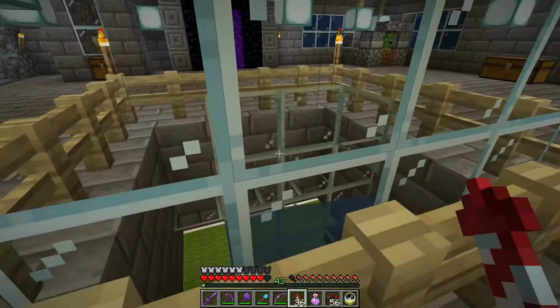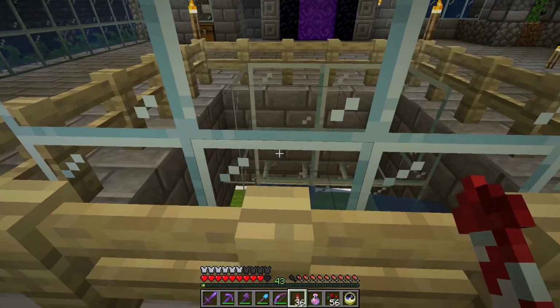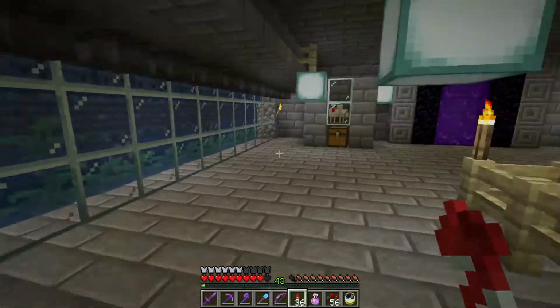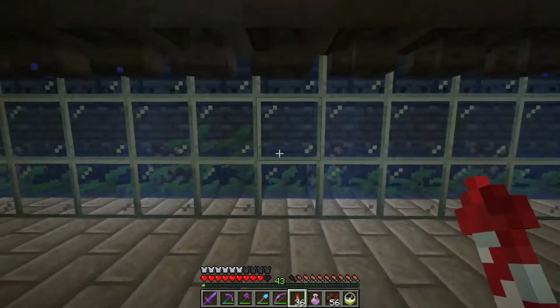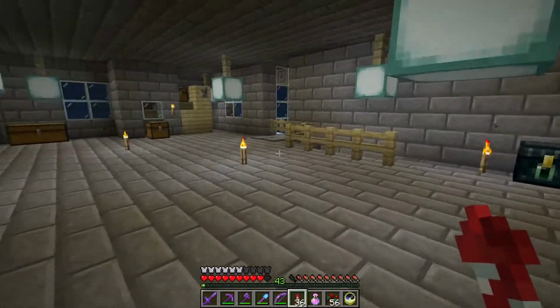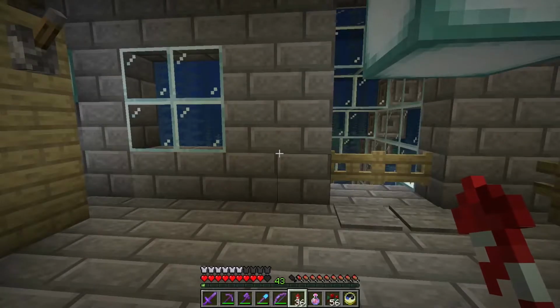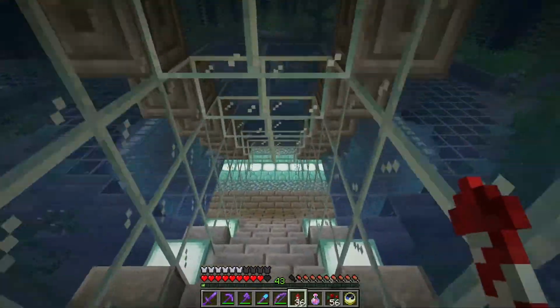This is the top of my mob farm in this base. This is the top of the elevator where the items are caught. Nether portal and a kelp farm. I've built a lot of stuff in this place. It's a bit cramped. Down this little path,